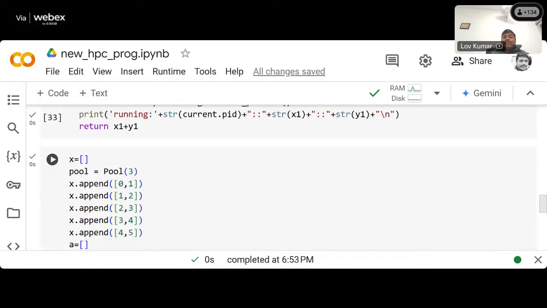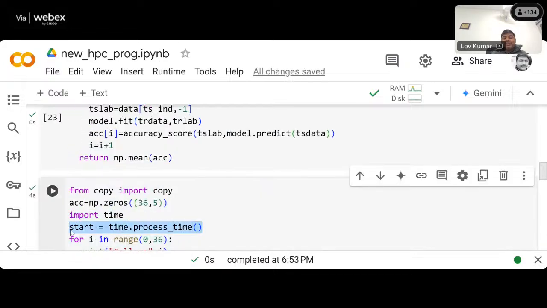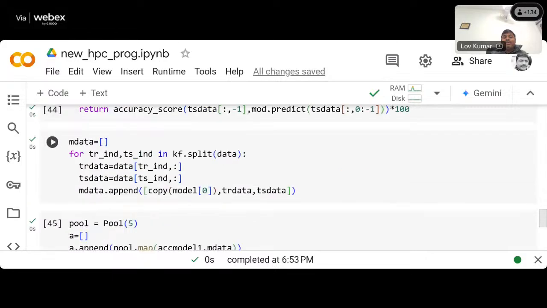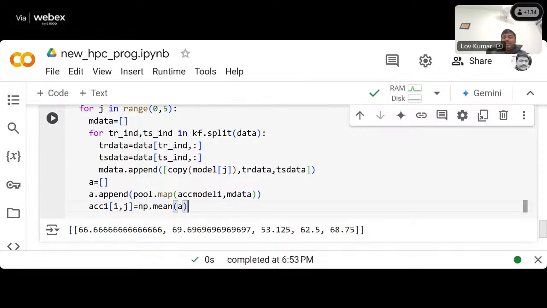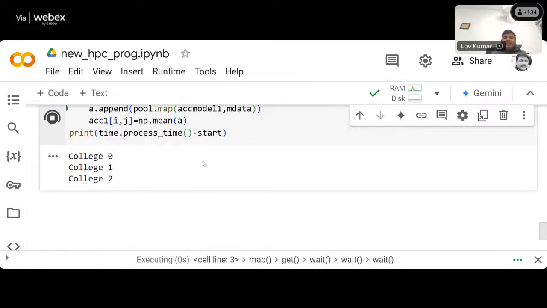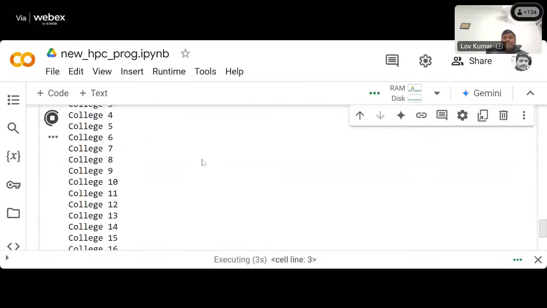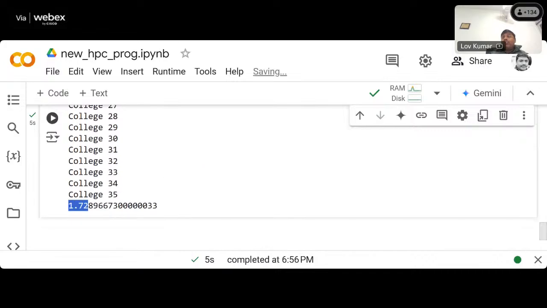After that, if you want to calculate the time, we are going to follow the same instruction, whatever time we have given here. This is your starting time, and finally we'll go for the ending time. So that's why we are going to write it here. Once all the instructions are completed, we are going to print those values, so we write print time.processing_time minus start. Now I'm going to execute the instruction and check whether there is any error. There is no error coming. Automatically it is going to complete all the instructions, and you can see how much time it is taking,